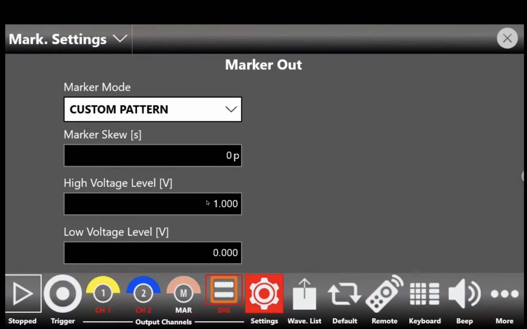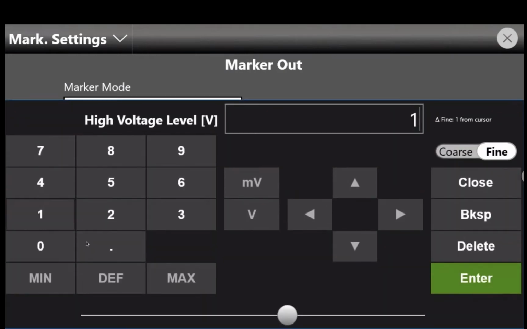Now we will enable the marker signal and we will program it in custom pattern mode.